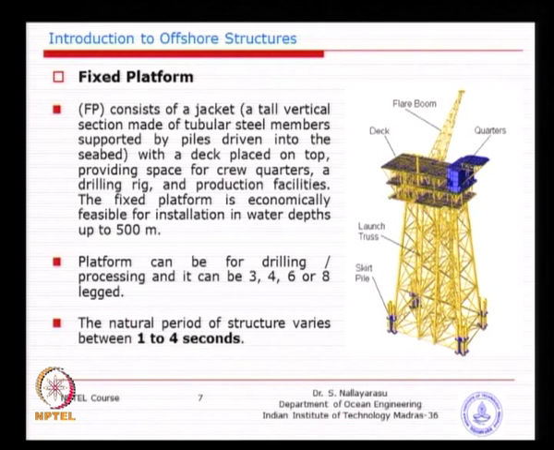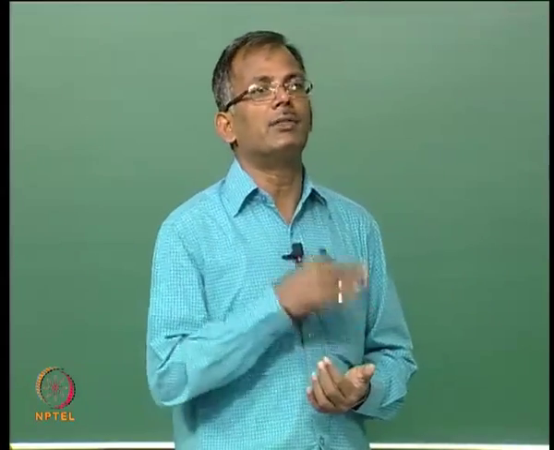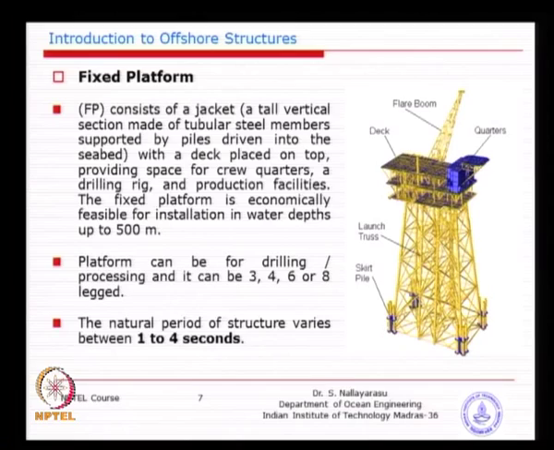Then the tubular structure is arranged and organized in such a way that the base is larger and the top is smaller. It is very simple common sense. If the base is larger, the inertia of the structure will be better or increased. If you make a parallel bracing or parallel column, you will have a reduced base, which will reduce the strength against horizontal loads at least. So, basically most of the structures will be of this kind with pile foundation, mostly steel tubular piles fixed to the ground and fixed to the structure. So, we need to see how it is integrated. We have a foundation, and a steel structure that needs to be connected to the ground by means of pile driving.